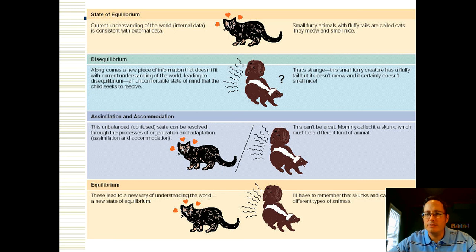Now, what we're going to do in the next few modules is go through Piaget's stages of cognitive development and the particulars in each of those stages. One of the things that's good to know about these stages is they occur along what they call an invariant sequence. Remember, we talked about continuous development and stage development. Well, Piaget is definitely stage development, and it occurs along an invariant sequence. In other words, you can't skip from one stage to the third stage. You've got to do 1, 2, 3, 4, not 1, 4, 3, 1. Okay. So with that little preface, we'll go ahead and get ready to launch into Module 2 and talk about the sensorimotor stage.